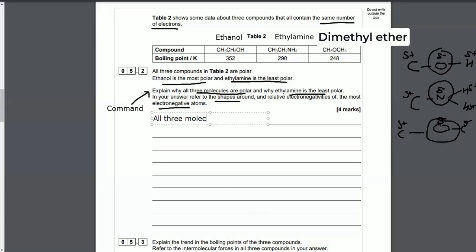So all 3 molecules are polar. I don't get a mark for saying that because that was actually in the question. So you might say to yourself, this is a bit of a stupid thing to type. So all 3 molecules are polar. What do we want to say? So I want to say ethanol and CH3OCH3